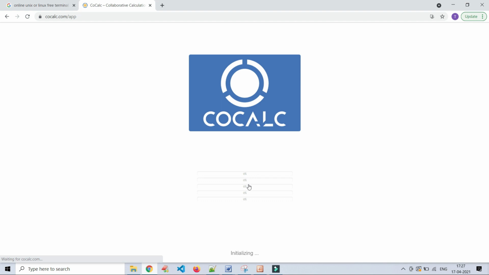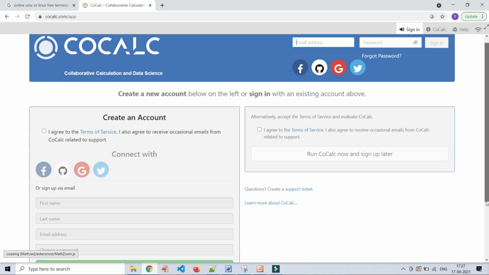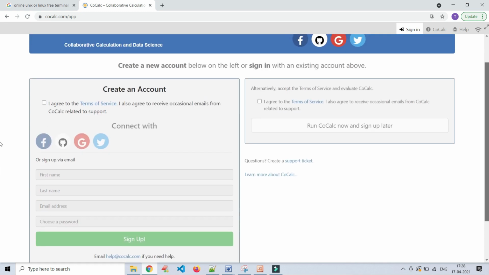Some required libraries or APIs are being initialized. Enter the requested data here and click on sign up, and you will get user credentials and a mail for verification, at the mail ID that you gave during the registration process.